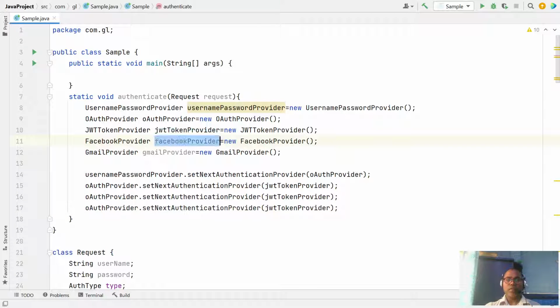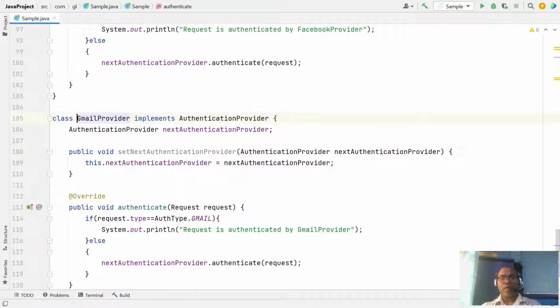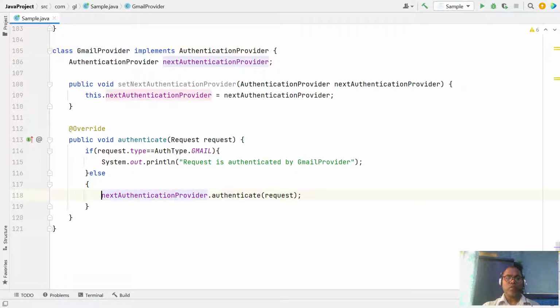Similarly, if JWT is not able to serve, then forward to the Facebook. If Facebook is not able to serve, then forward to the Gmail. Let's see what happens in Gmail, since we have only four providers. If in the Gmail provider you try to say the next, so instead of this we say